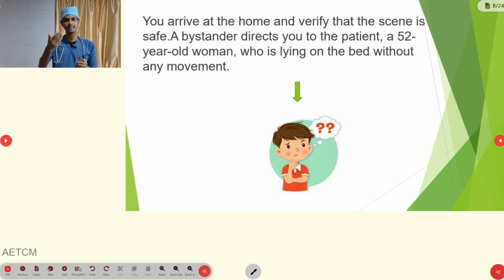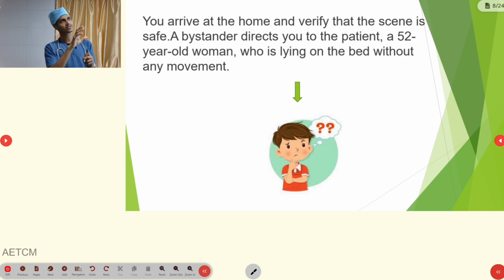Once you reach the site, ideally the first step is to check the scene size-up. In scene size-up, you have to check the scene safety, your safety, and then your crew safety, personal protective equipment, additional resources, everything. Then you verify the scene is safe for you, and then a bystander